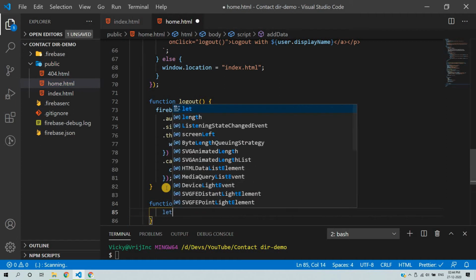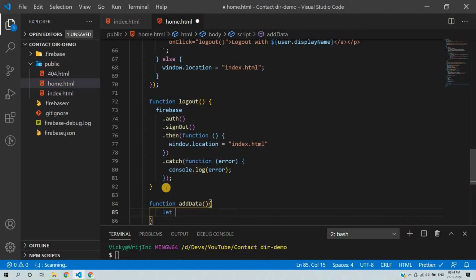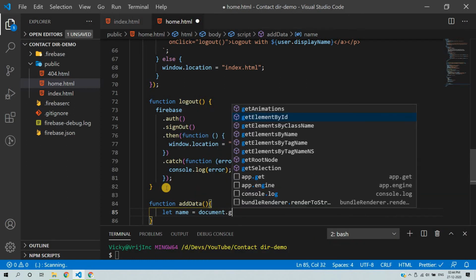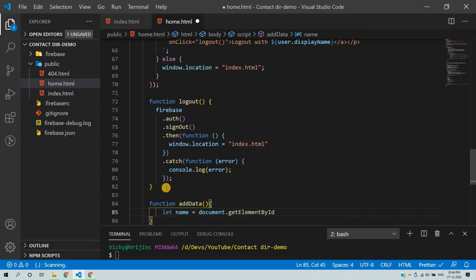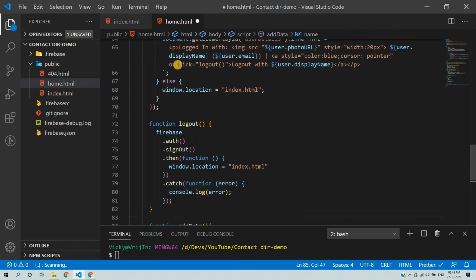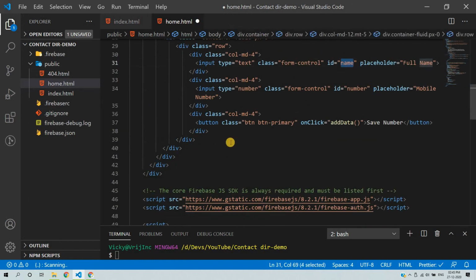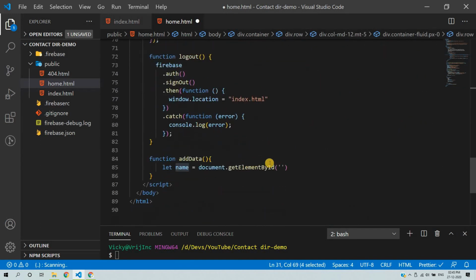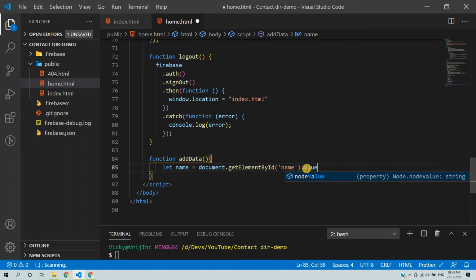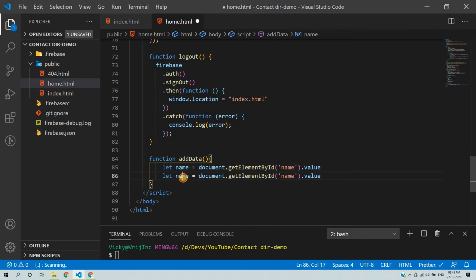So we can collect the data with document.getElementById. So first the name. So we will write document.getElementById, and here we will pass the ID. So my ID is name, and then we need to collect a value. So we will write value, and same for the number. So this is a number,